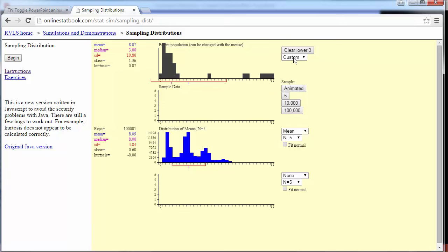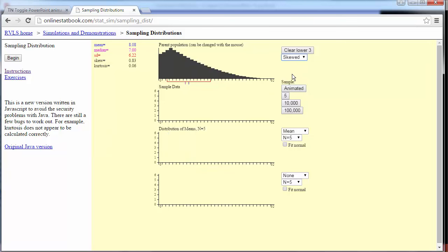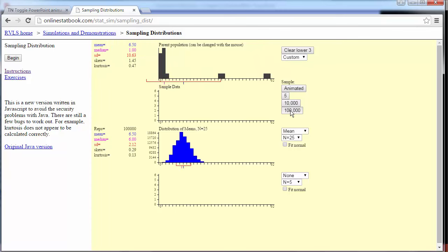So you might ask me, what meets the conditions? Well, the less normal it is, the bigger the sample needed. This right here probably requires about 25, and anything weirder than this might require 100. If you notice, that actually looks pretty good. I would call this your criteria for 25 being good enough. That's a really strong skew. If I put something really crazy up, that just looks like something like this right here. This might need more than 25, and let's see what happens.